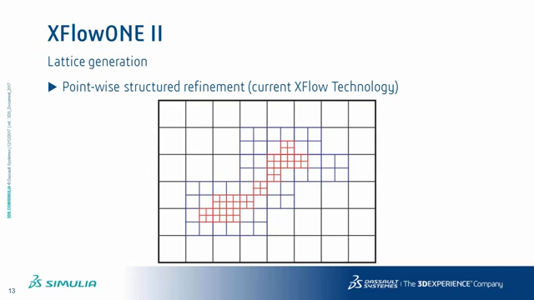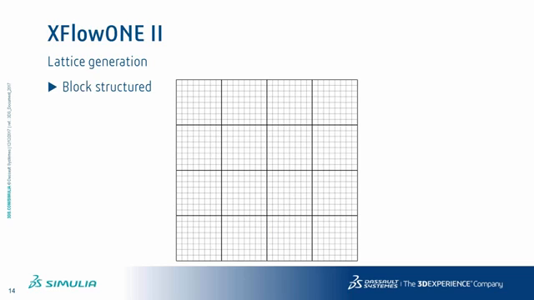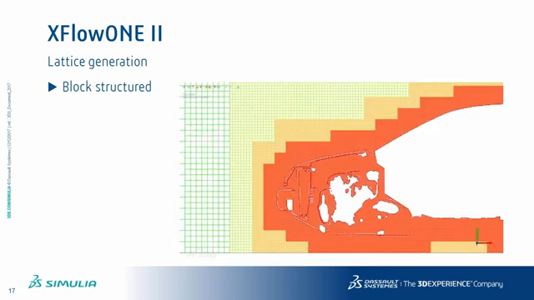case. So what we moved to is a different approach to the lattice generation, and that's what we call the block structure approach. So instead of creating just lattices, we create lattices but bunched in boxes, in blocks. Here you can see 16 blocks, for example, and when we start refining our simulation, then we create blocks to refine. It's not just point-wise refinement. So we have the blue refinement and then the red refinement. As you can imagine, that increases slightly the number of elements. As you can see, a real case here on a car, on an auto vehicle, but it does give you